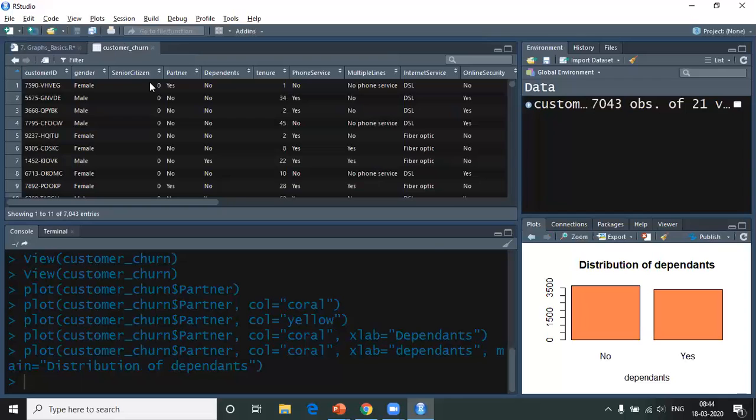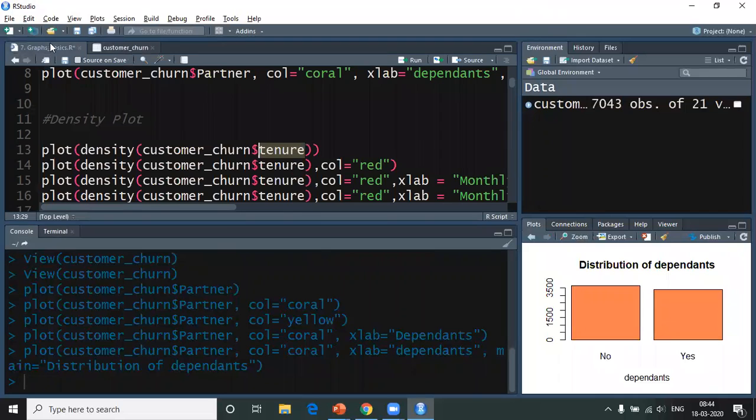And what do we have in tenure? Let's check it out. Well, this time tenure happens to be a set of numbers. Okay. And guys, I would just want all of you to know that here I'm playing around with different columns. I did not actually check which column would do what.